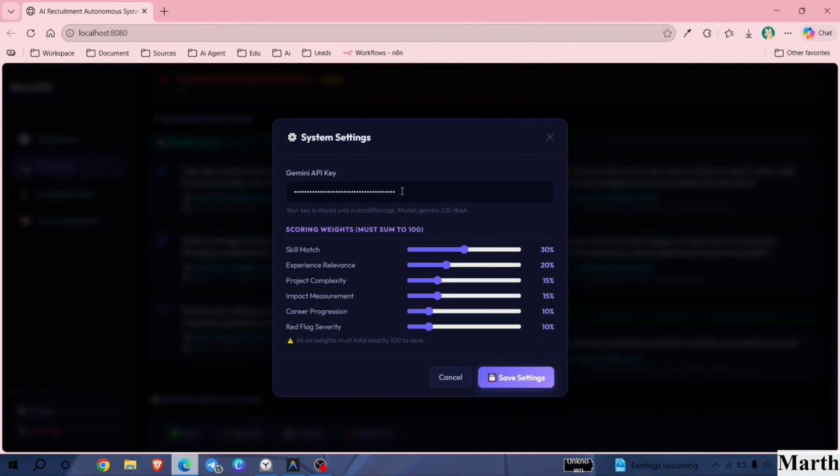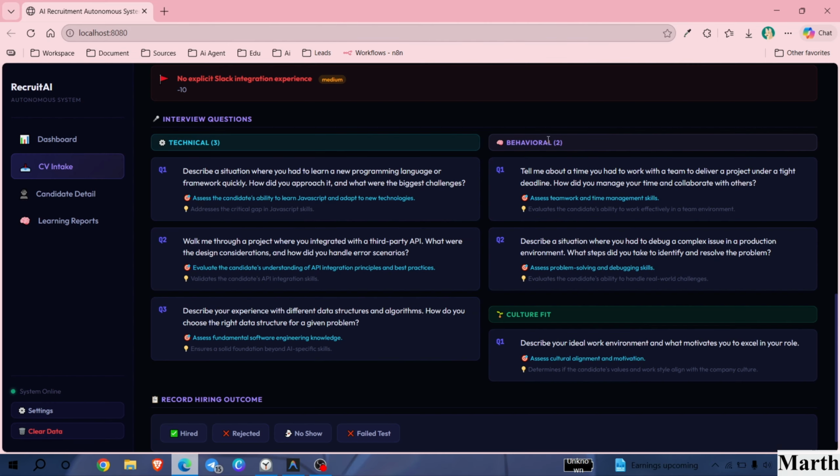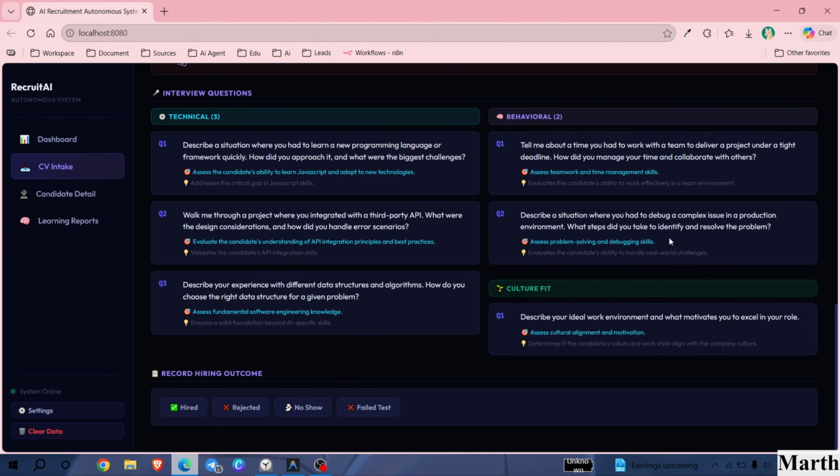Basically, I'm using Gemini LLM here, and these questions are related to the candidate's profile and information. We can see the objective of these questions: addresses the critical gap in JavaScript, validates the candidate's API integration, and so on.